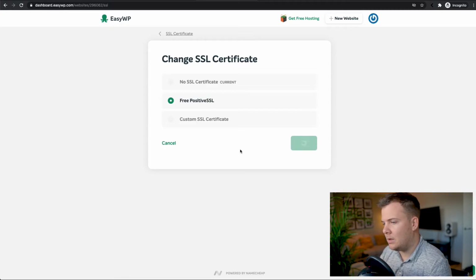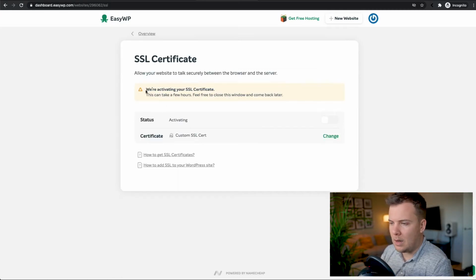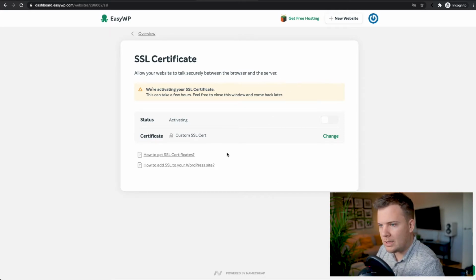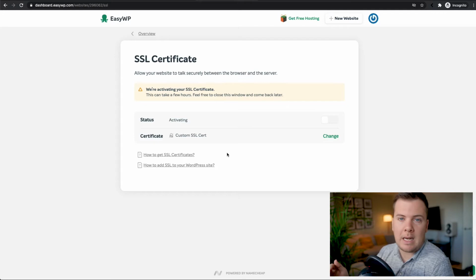So you let that load. Sometimes this can take a small while. So while we're activating, this can take a few hours, but we can just leave it at that. So once that activates, we'll go to the next step, which is importing your DIY website onto your newly created